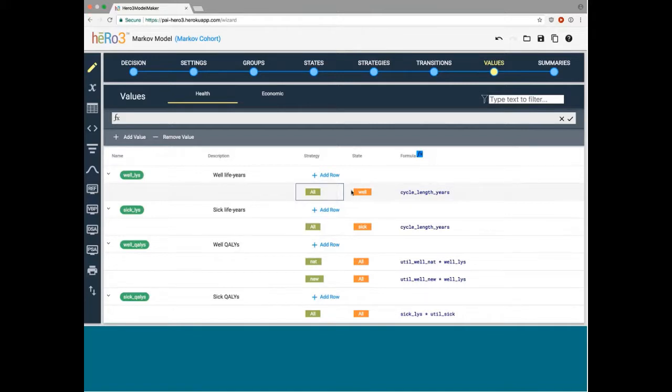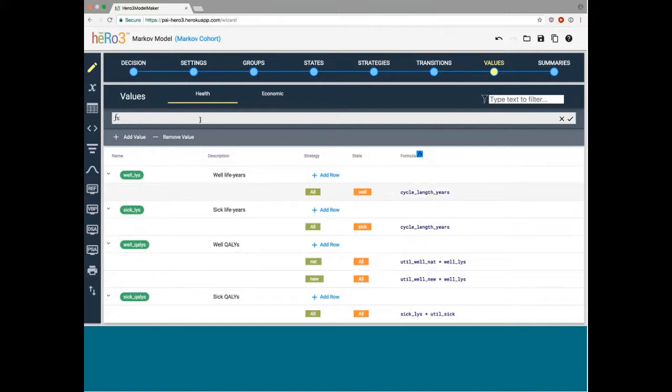So we've set the strategy here to all, but they only occur within the well state. And so for every cycle in the well state for both strategies, we're going to get this much worth of well life years. And the amount, of course, is the cycle length in years. So if you spend a cycle in a particular state, however long that cycle in years is how many life years you get for that state.